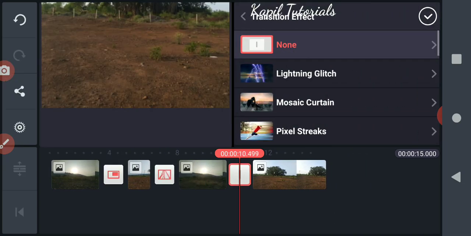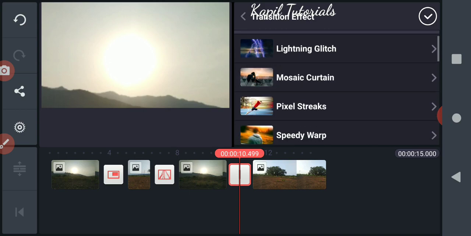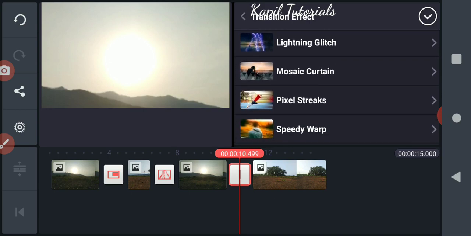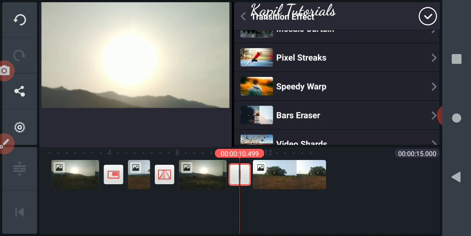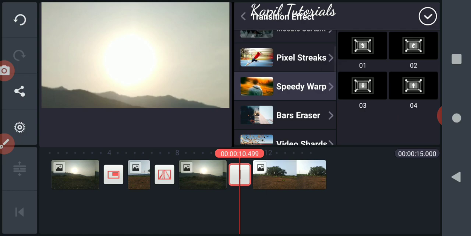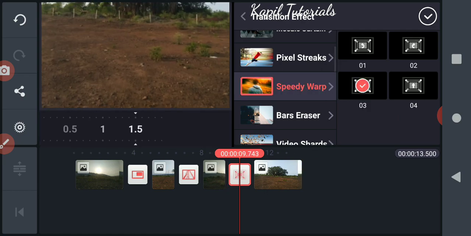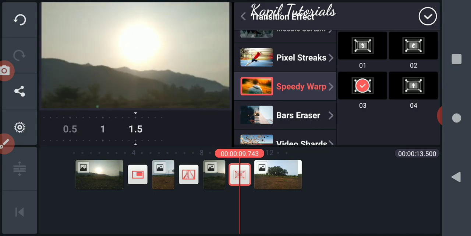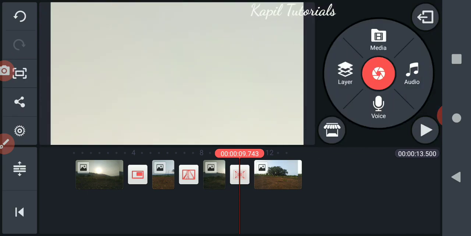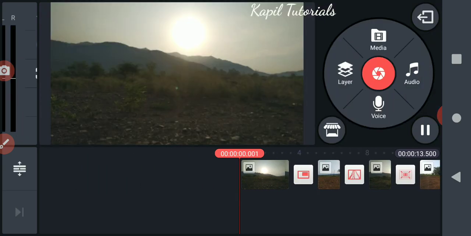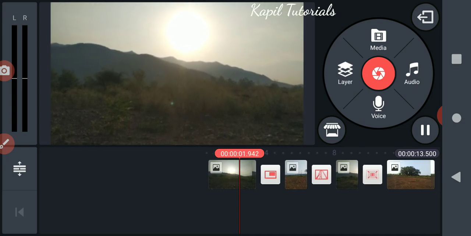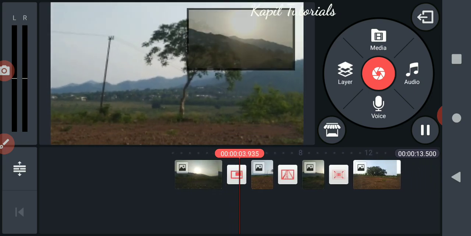And then the third one, I have many effects I have already downloaded. Let's see. Okay, this one is looking good for me. So let's see. Now I'll click on tick, and now I'll try to play this, and just see how it looks.